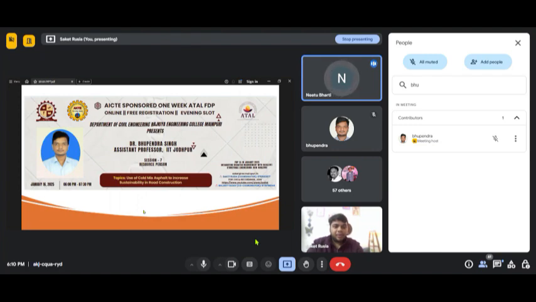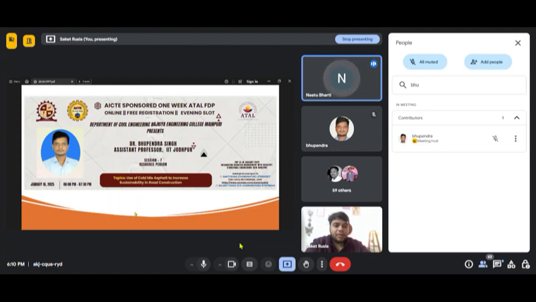Dr. Bhupendra Singh Sir is an assistant professor in the Transportation Engineering Division at IIT Jodhpur, bringing a wealth of knowledge and expertise to our FDP. His impressive background, including faculty positions at NIT Jalandhar and NIT Patna, and his recent research at the University of Nottingham, UK, speaks to his commitment to advancing the field of transportation engineering. Dr. Singh Sir has a strong foundation in pavement material analysis and design, evidenced by his PhD from IIT Roorkee and his master's degree in transportation system engineering from NIT Hamirpur.